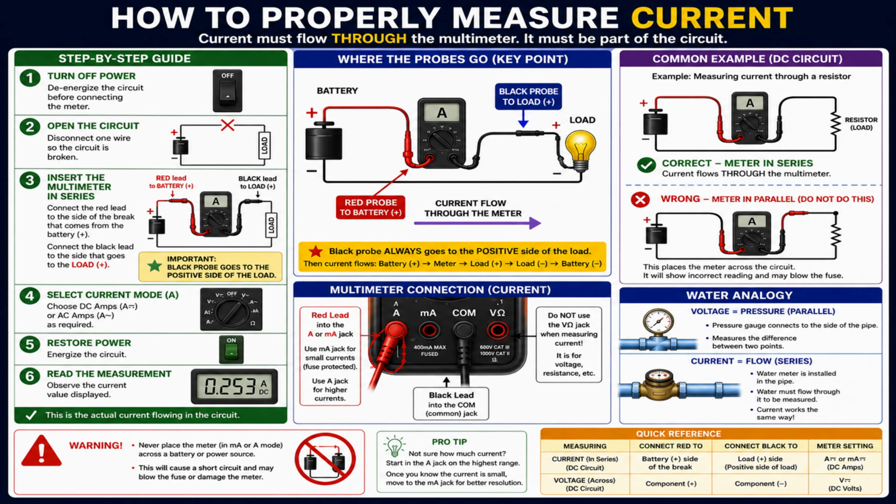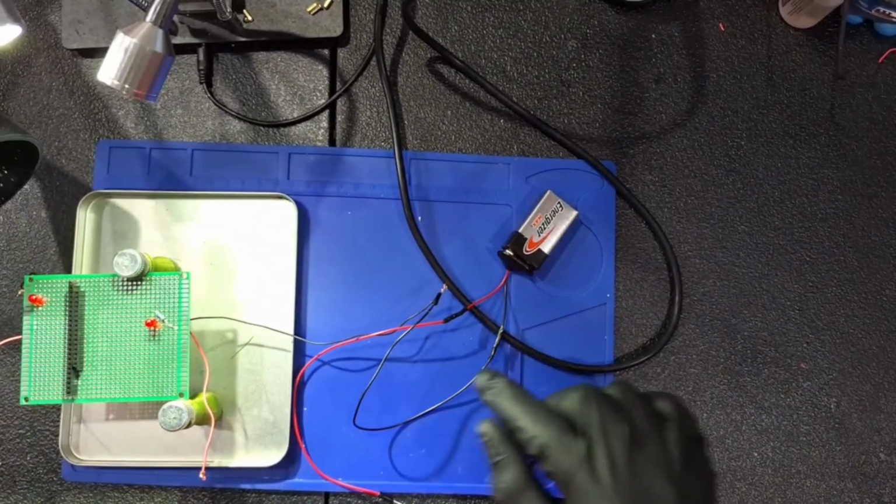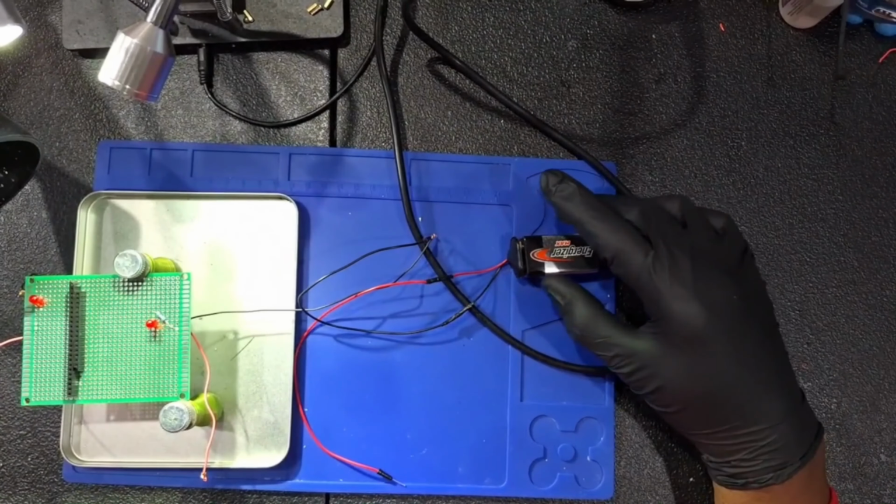So this chart right here breaks down how you properly test current and how you should not test current. So the way to test current pretty much is to break the circuit and then allow the current to flow through the multimeter and give you the reading in amps, milliamps or amperes, right? I must admit this confused me to figure out